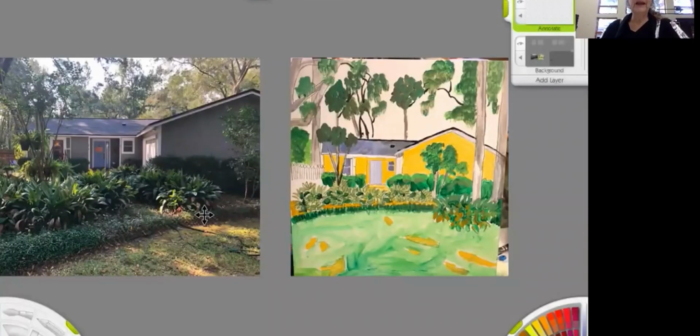Okay, so this is the painting here, and this is the photo. What you can see in this photo is most of it is in shadow, where, if I look at the relationship, the sky is really very light compared to all these parts in shadow. So what I'm going to do is I usually simplify. Okay, so I'm going to put this in shadow, and then I look at all the foliage around it, which is much